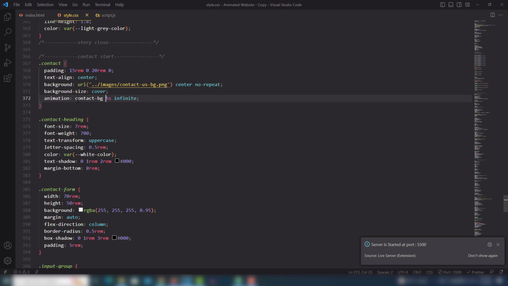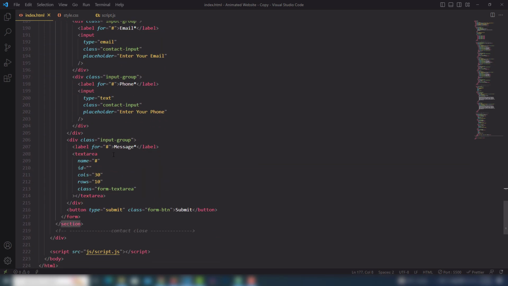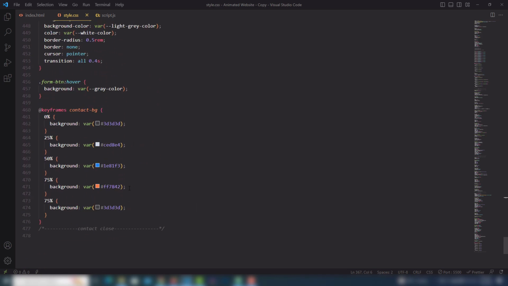Contact-bg. So let's look at that. All of this section appears inside there. So why doesn't it work on the other @keyframes, contact